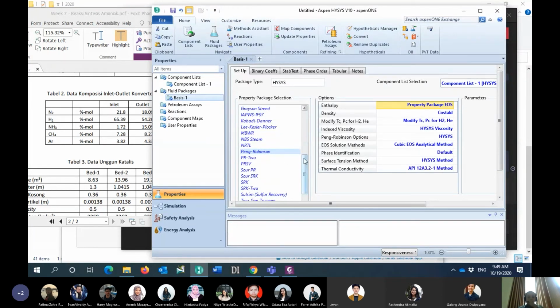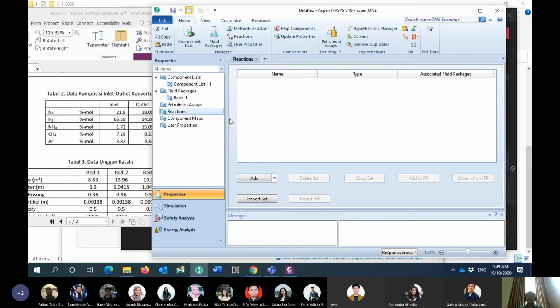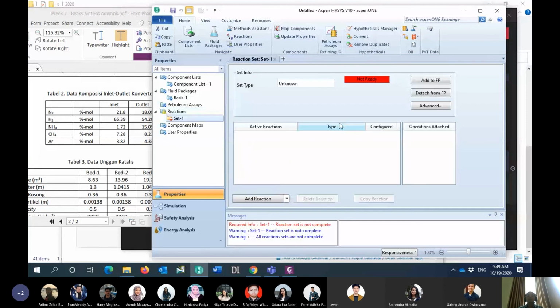Remember that, different from the previous case where we didn't have any reaction, in this case we have the ammonia synthesis reaction. So we have to go to the reactions and define the reaction. I will add the reaction.